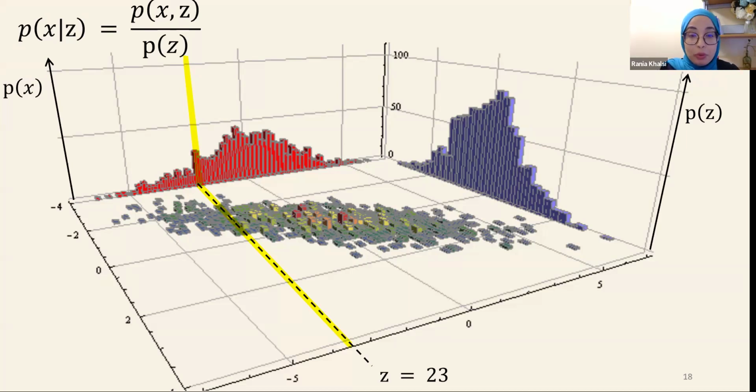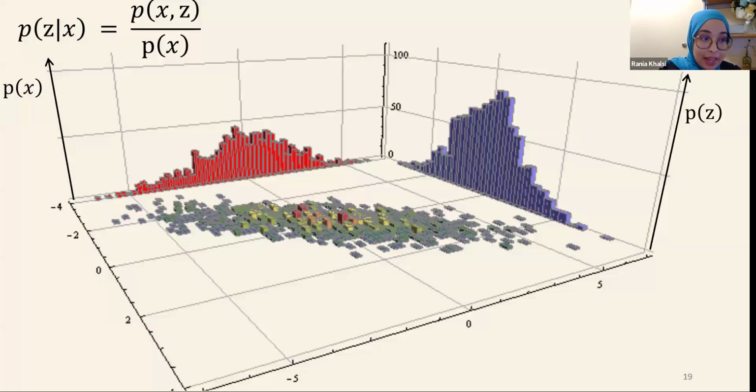We simply take the slice and normalize its values by the probability that z equals 23, okay? And the same applies if we consider